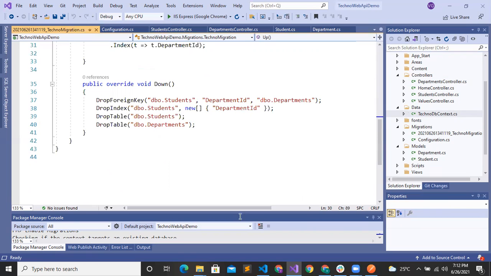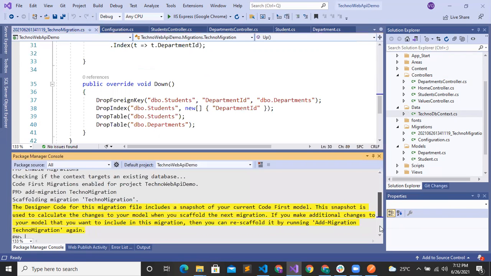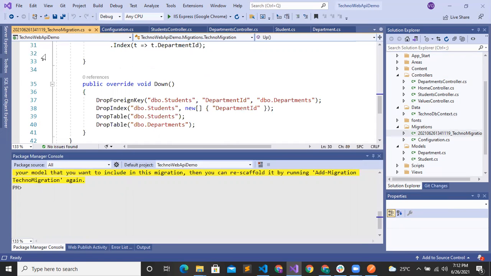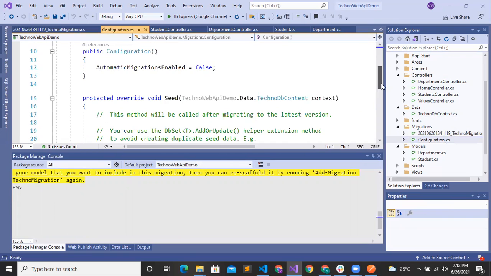Now we will update our database. Here you can see all the migrations are generated here, and this is the migration class. Now we can see here the configuration for migrations.